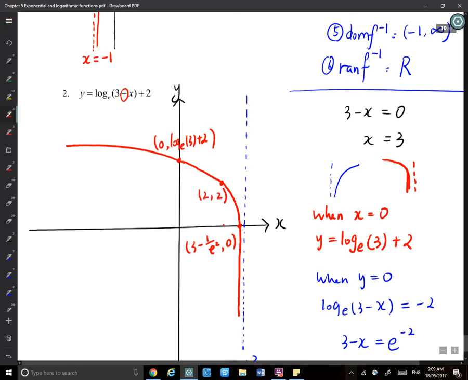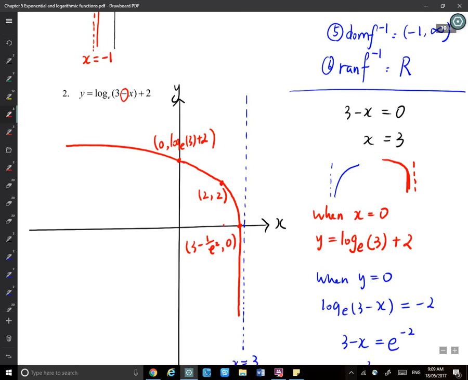This is on purpose. I want to make the bracket become 1, which I know happens when x equals 2, and then I can find y equals 2. Because with log e 3 plus 2, or 3 minus 1 over e to the power of 2, you don't know the exact value. I want a point I can sketch correctly on the graph, which is (2, 2). Now that I know (2, 2), let's have a think about the